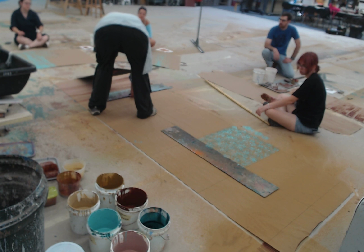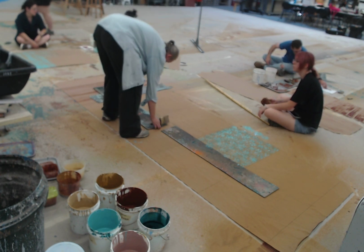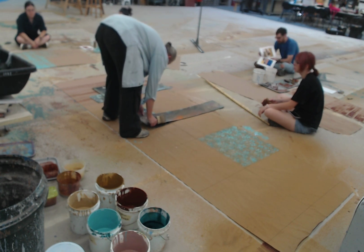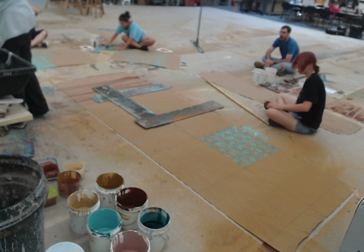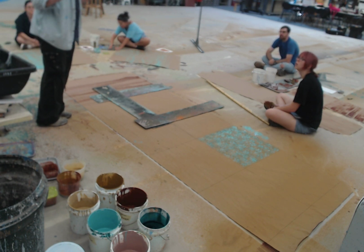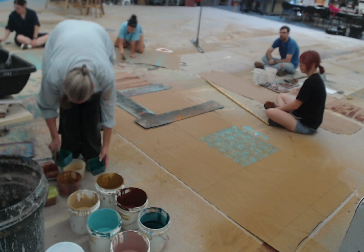So we'll do this side first, which is even spatter colors. And I'm going to do spattering two different ways on this. I'm going to do a coarse spatter and a fine spatter. So to do a coarse spatter, what you want to do